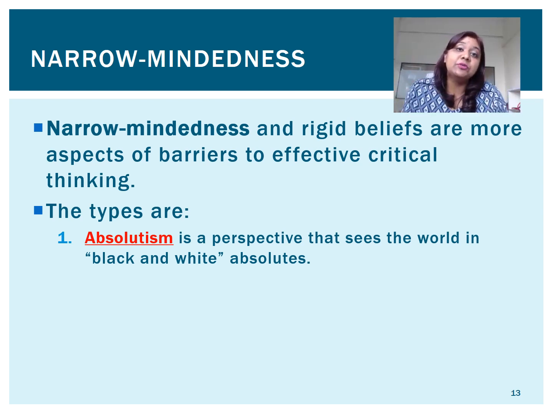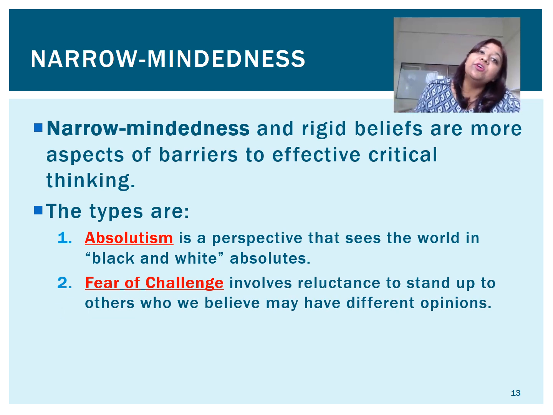So being absolute also means that you are only allowing yourself to see things as either this way or that way. There's no in-between way. So by doing this, you're preventing yourself from looking at things from a different perspective. This means that you're only looking at things from one direction, which also means that you're not allowing your thoughts to evolve properly. Another type of narrow-mindedness is the fear of challenge.